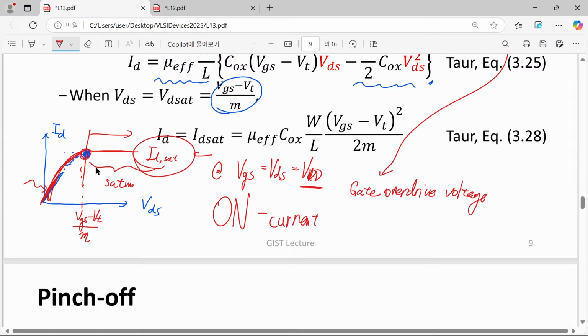When you say on current of our transistor, in many cases this bias condition is assumed. Sometimes some people say on current with a certain condition like gate voltage is VDD, but